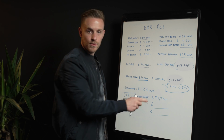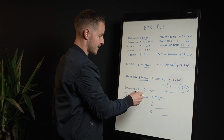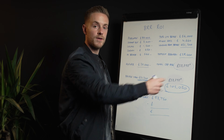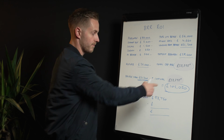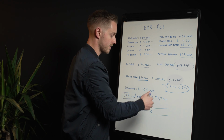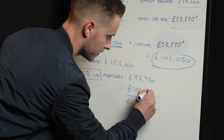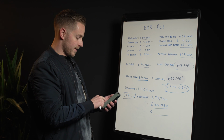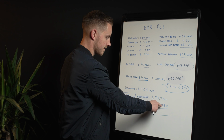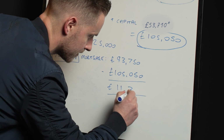But that doesn't just go into our bank account, sad to say. We have to pay off the previous debt. Okay, we have to pay off the bridging lender, and we have to pay off ourselves because we've put a lot of money into this property. We put £57,310 in. So in order to pay back the bridger and pay back ourselves, the total of that is £105,050. Therefore, if we take our £93,750, we deduct the total capital that has gone in, that means that all said and done, there's about